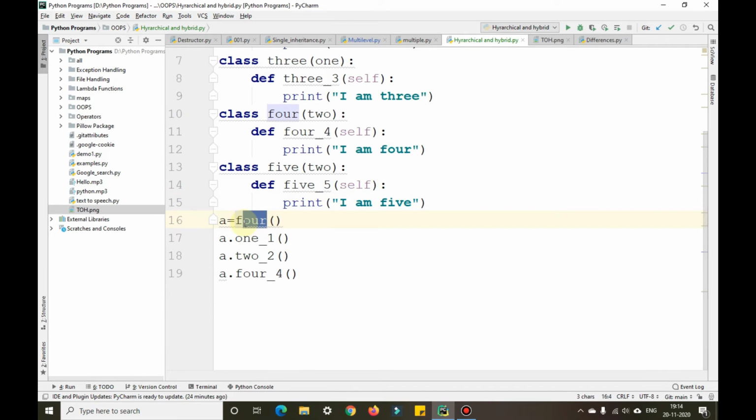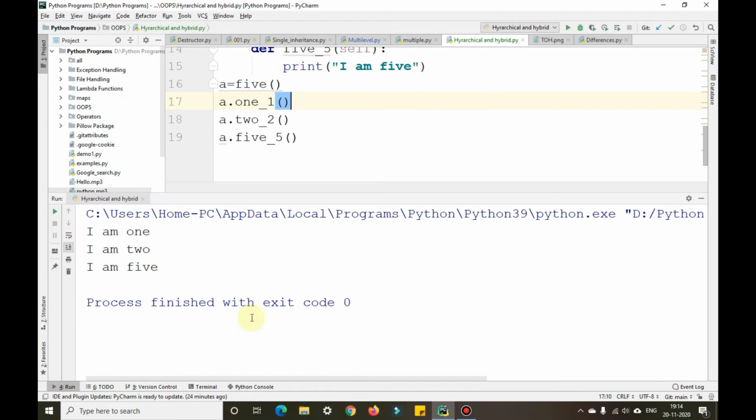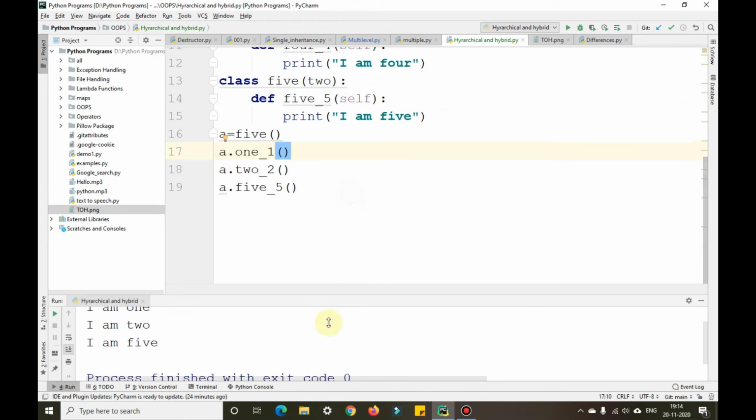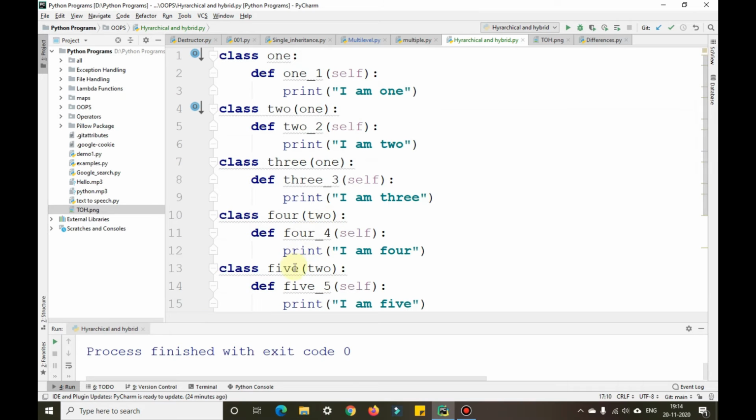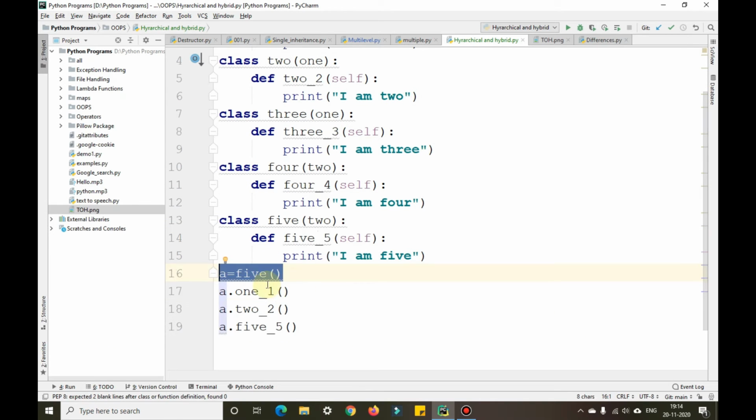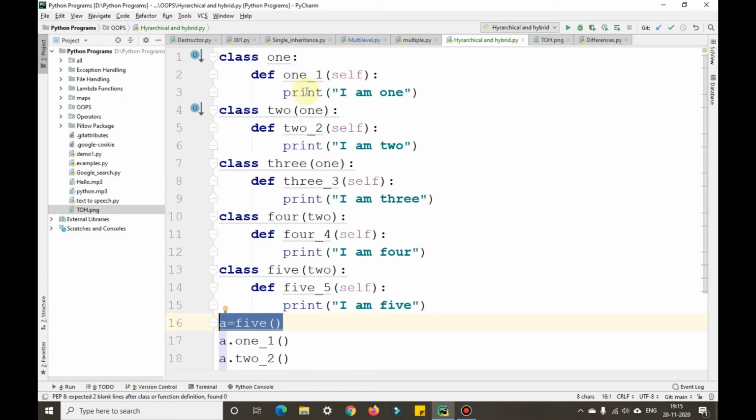So instead of taking 4 here, I'll take 5 here. So accordingly, I need to change this as well. Now when I run this program, you can see it will print 1, 2 and 5. Once we are creating an object for 5 here, it is automatically creating an object for 2 as well as for 1 here, as you can see. And it is automatically calling that accordingly.